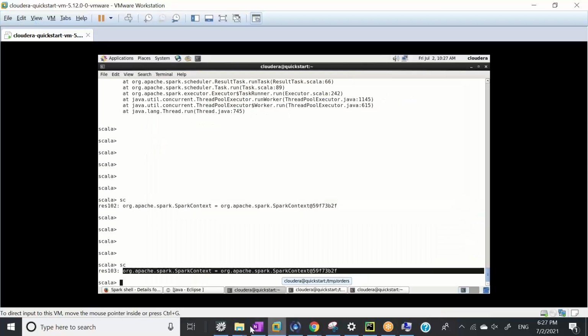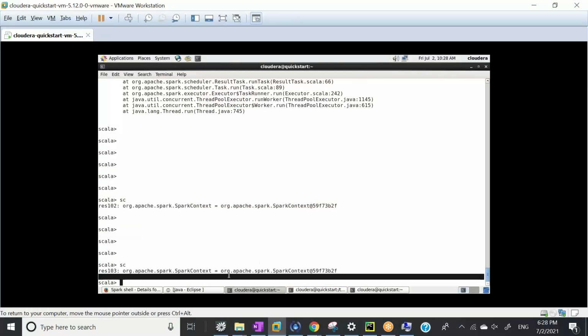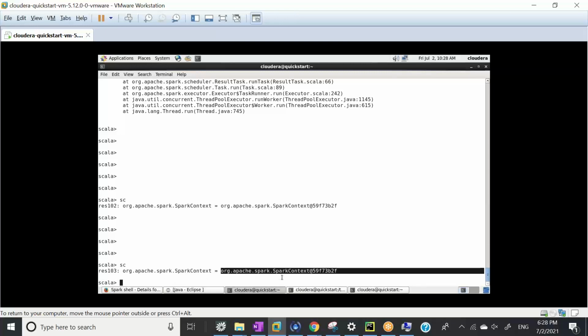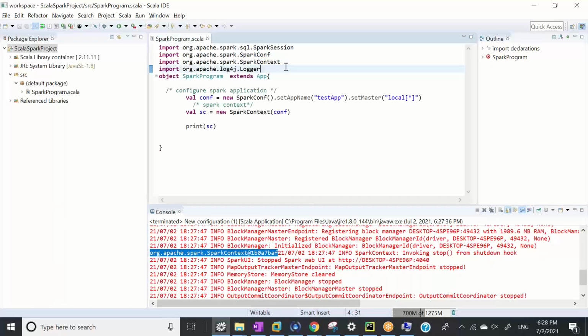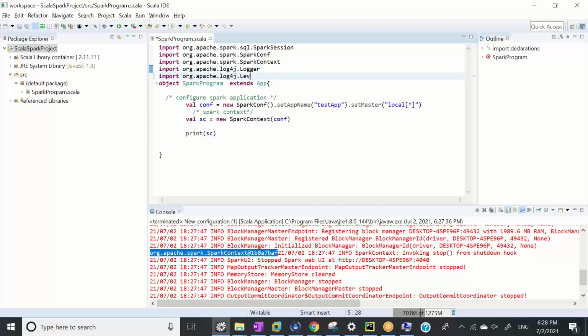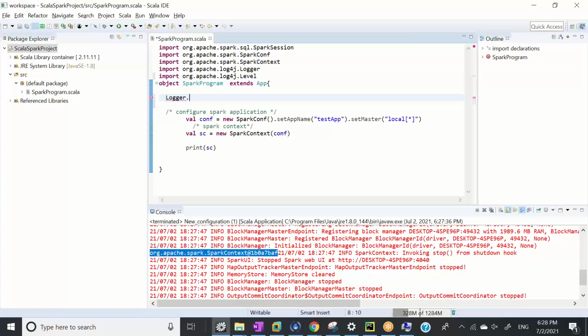In the same way, Spark has created the Spark context for me. So see this thing, right? org.apache.spark.SparkContext and some address of that variable. Same thing we have done here. So we have replicated that, right? Now the question is, for me, I am only interested in this line, and still a lot of logs are coming, right? So what I need to do, I need to go for Logger dot getLogger,